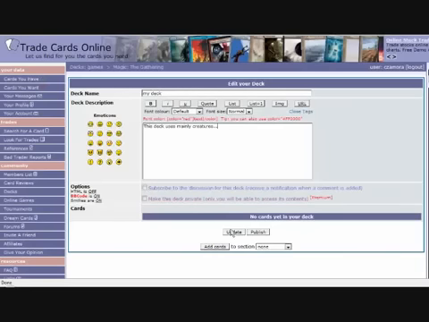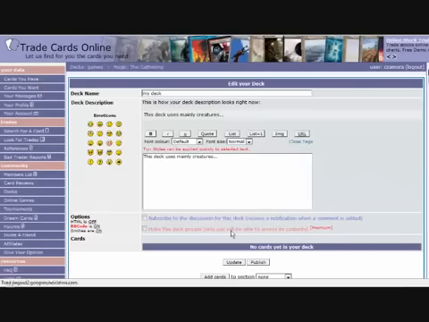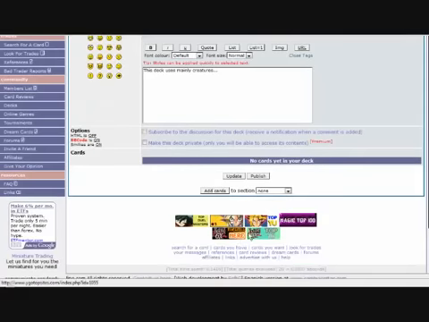Then you need to click on the Update button so your data gets saved. And now you are ready to start adding cards to your deck. Depending on the game you are working with, decks may be split in sections, and you can here select in which section you want to place the cards you are adding. Then you click on the Add Cards button,